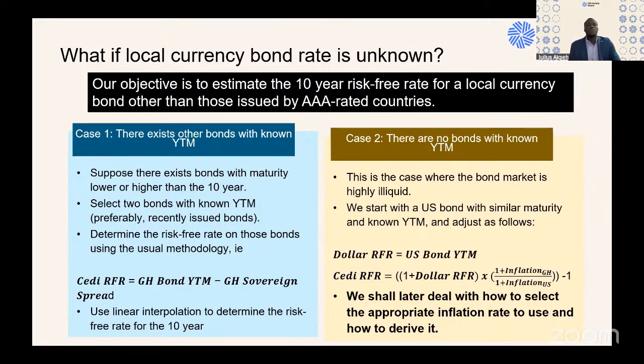So those bonds we know are actually recently issued bonds. Okay, they are recently issued bonds. So what can we do then? We pick two bonds. Let's say we know a recently issued 5-year bond, and maybe a